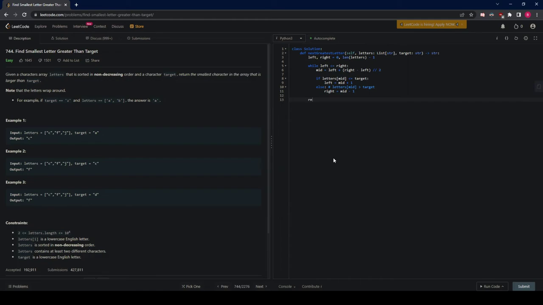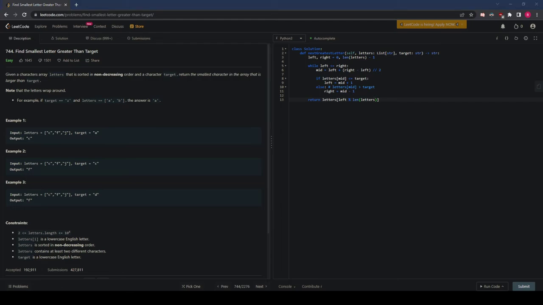And so our return statement, because we're guaranteed to run out this while loop since we don't want to return even if we find it, right? We want to return letters mid, but then left, because left will always be on the right side of whatever character we want. But we need to do something special, which is mod. We want to mod by the length of letters, because it is possible that we go beyond the length, right? So for example,